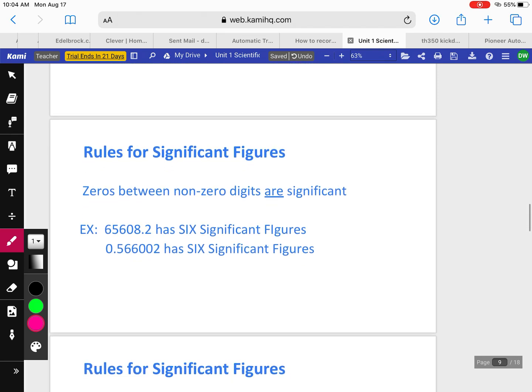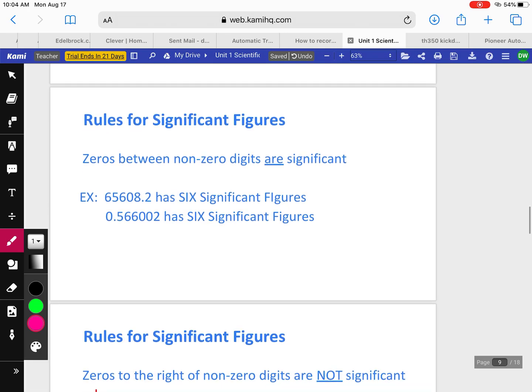So zeros between non-zero digits are significant. Think about this as being like sandwich zeros. Notice, this 0 is in between 2 non-zero digits, so it is significant. So we're going to do 1, 2, 3, 4, 5, 6. All of the digits in this number are significant, but I want you to look at this